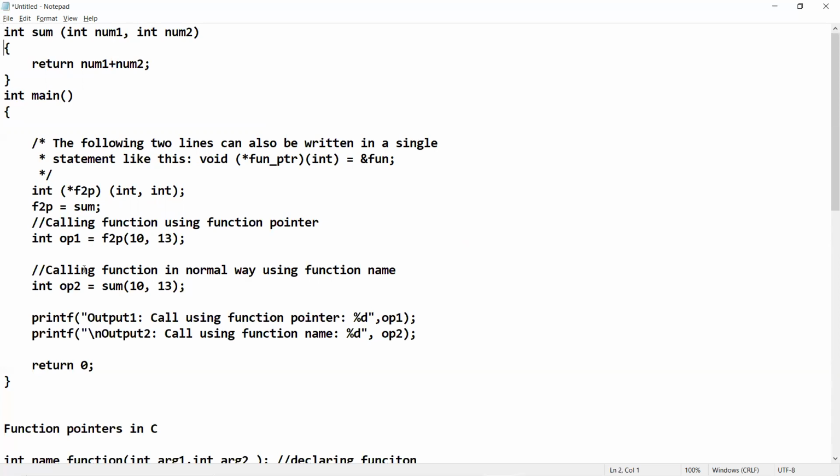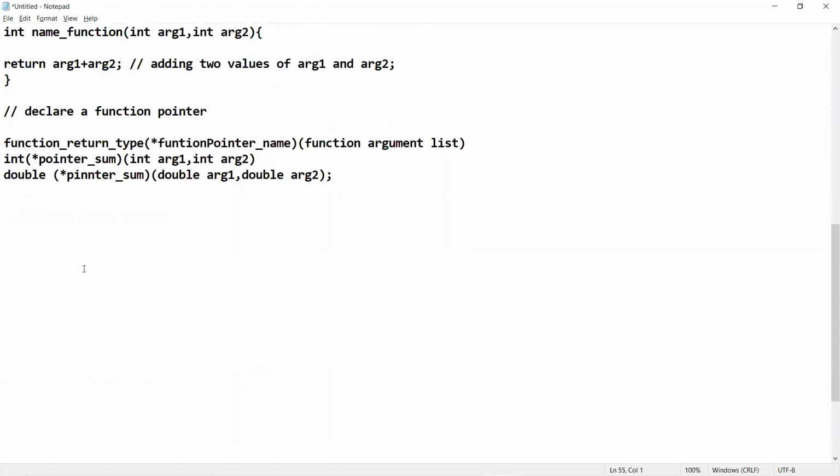How to do that actually? See how to do it. First we have to use integer, star, pointer function name, then the integer argument list, argument 1 and so on, equals the address of the function, which is basically sum.